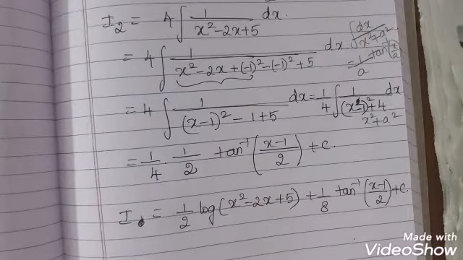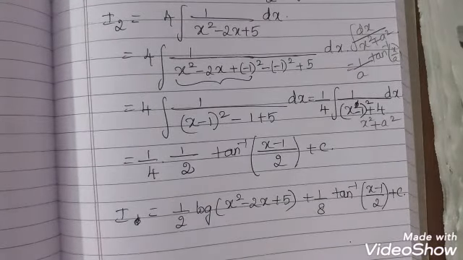Is it clear? So under this exercise, from the 10th question onwards, the main thing is you will have to bring it to the complete square form, simplify it, and then write it in the standard form. Use the formula and then you'll have to integrate it with respect to x.